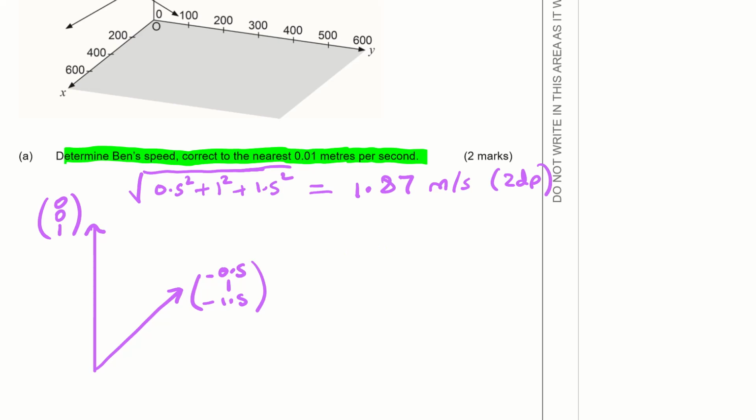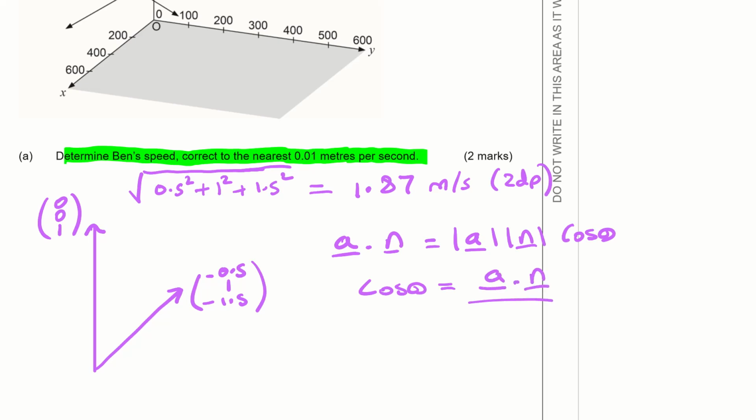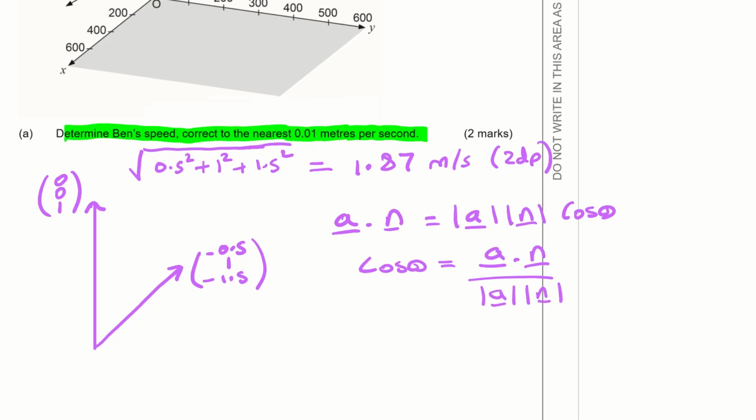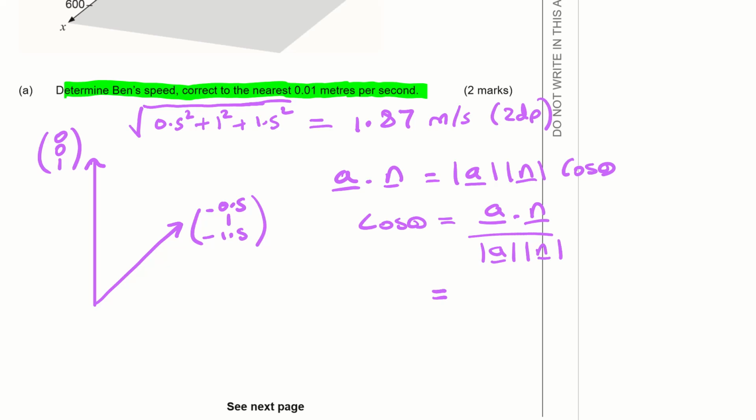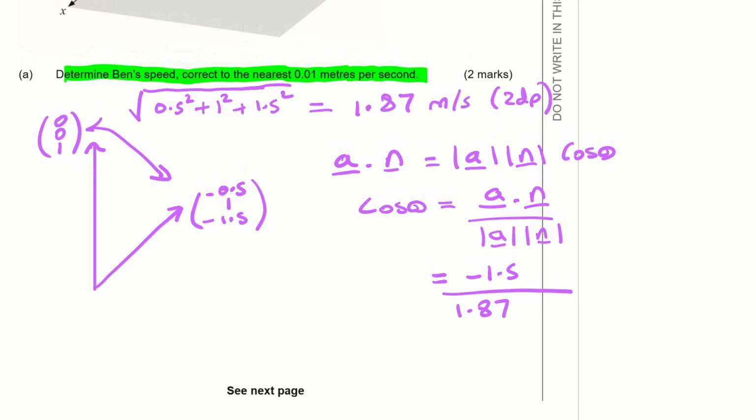Sorry, let me think about that again. Yeah, a dot n is equal to mod a mod n cos theta. So cos theta is equal to a dot n divided by mod a mod n. And so if we dot these two vectors, we just get negative 1.5. And we just worked out the modulus of a, which is the speed, the 1.87, which isn't exactly that. I'll probably use a more accurate figure when I do the calculation, and of course the magnitude of this one is just 1, and so theta is going to be the inverse cosine of that, and that comes to